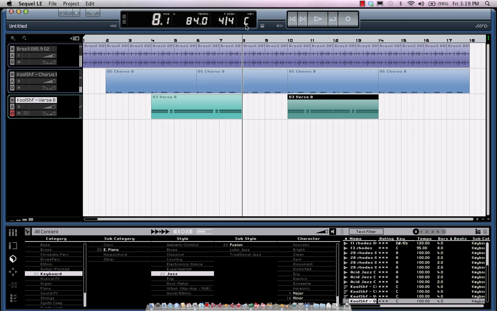Now if I wanted to change the key, I could simply come right here, and in my main pilot zone area, I say I want to play in a key of D. Now my drums won't actually be changed. The drums will stay the same, but everything else will be modulated. So if I want to try out different keys,